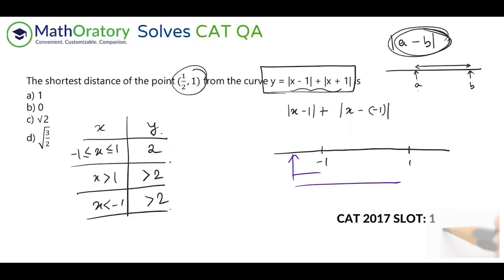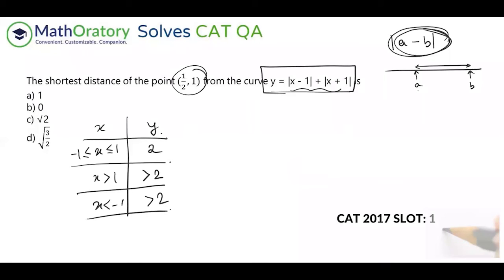Now let us base our analysis on this table. So now that we have understood this, let us draw a rough graph. I'm not going to draw an exact one, just a rough graph. Now check this out. When x is anywhere from +1 to -1, so let's say this point is x = 1 and this point is x = -1, the value of y on the graph should always be 2, right? So the value would always be 2 in this range from -1 to +1.